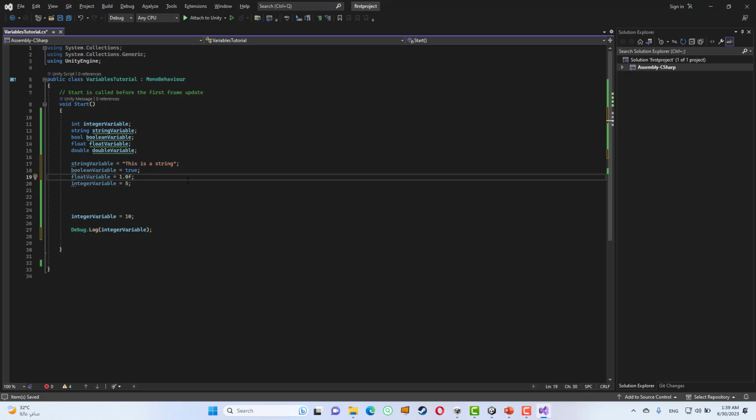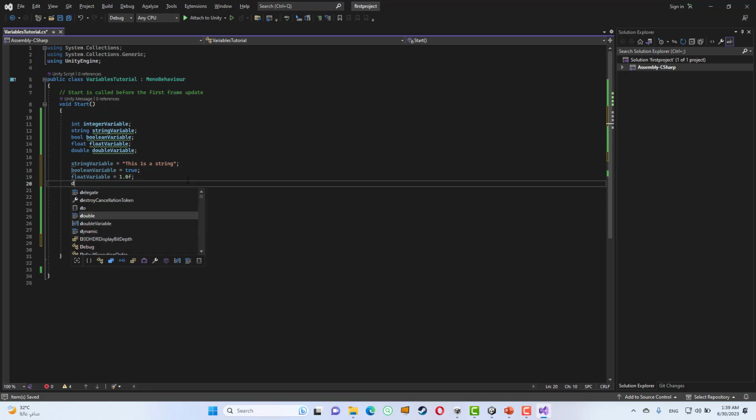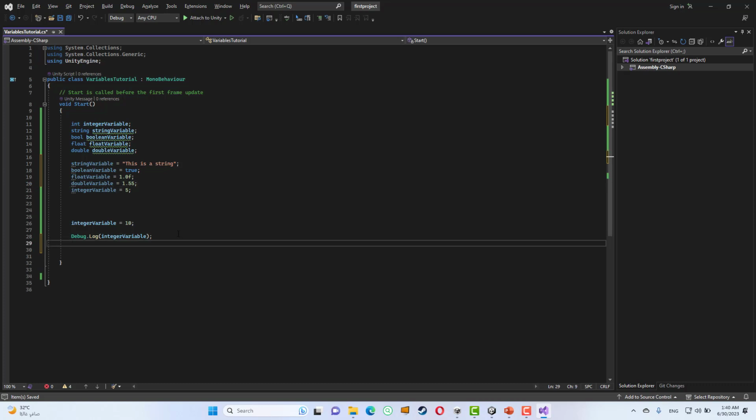After float, we will assign a value to the double variable. Double variable equals 1.55. Then we close with a semicolon, and we can mark the Debug.Log and copy it multiple times